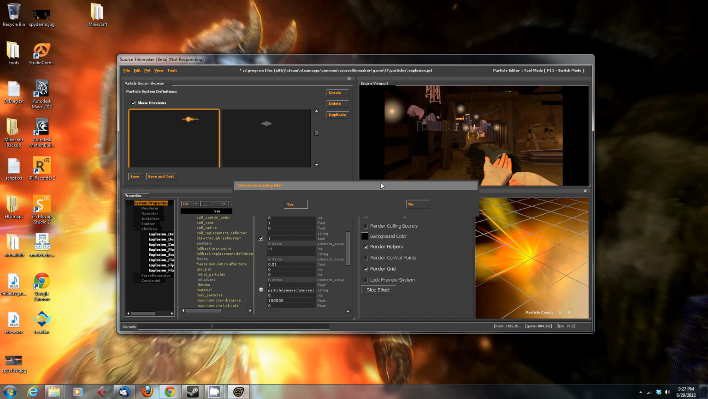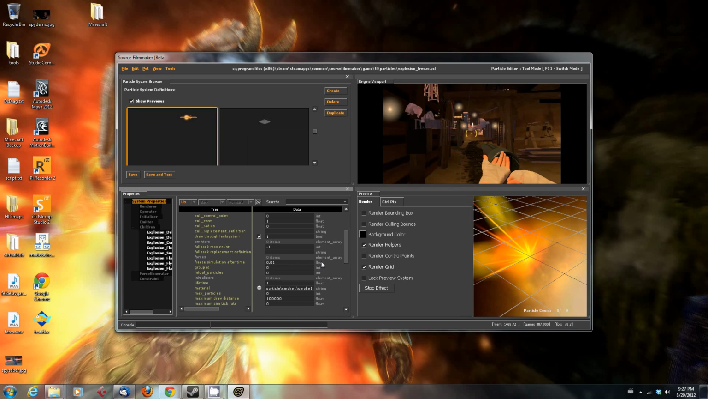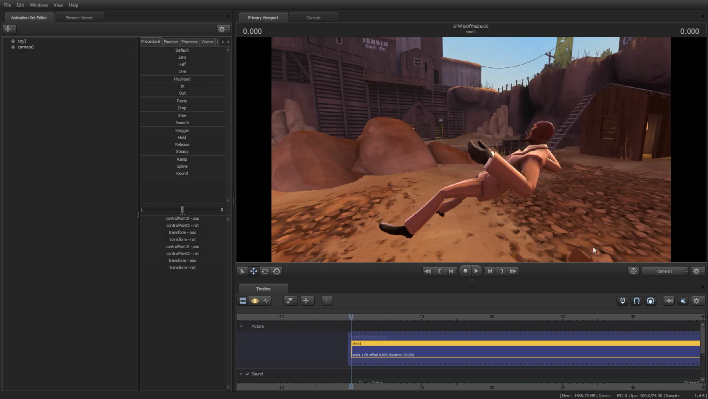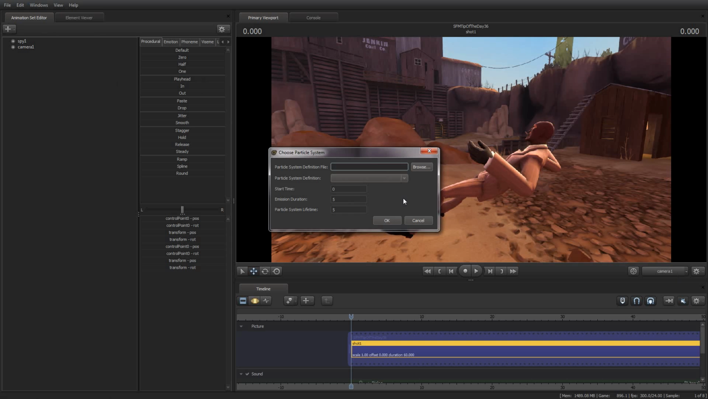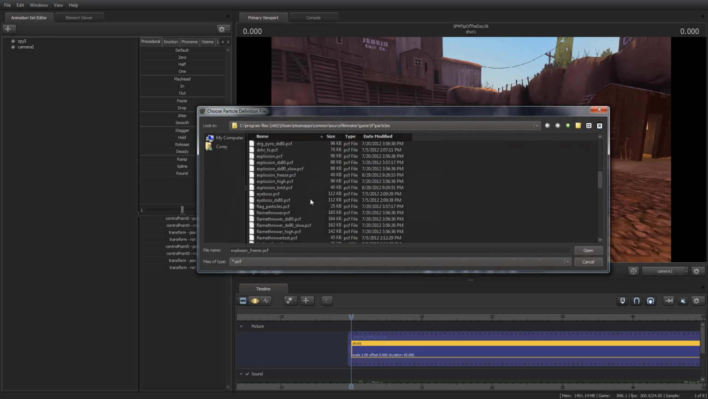And in a moment, it'll ask me if I want to add it to Perforce, and I do not. Now that we're done, I'm going to switch to the Source Filmmaker. I'm just going to say create animation set for new particle system. I'm going to browse and find my custom explosion_freeze. Now keep in mind, explosion freeze contains all of the particle systems that explosion did, but it has one